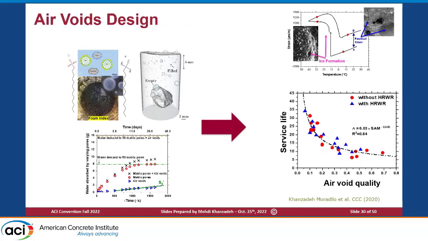So this is basically how we can use these techniques to design our materials for freeze-thaw resistant materials, right? On the left side, we provided the data from X-ray and neutron imaging. We can play with different air void admixtures, and then we can test with these two techniques. We get this information, the spacing, the permeability, all that data, and then we can basically plug in this